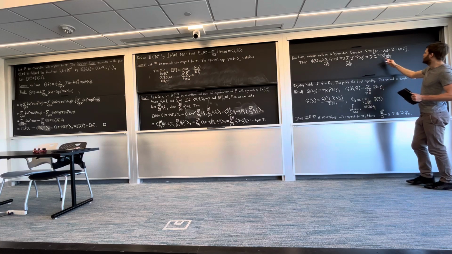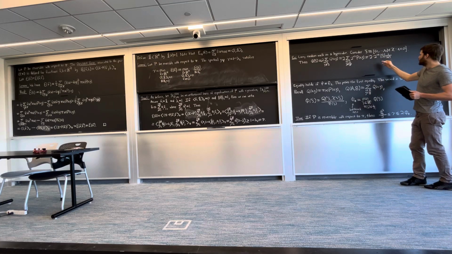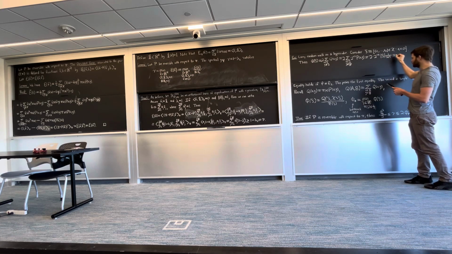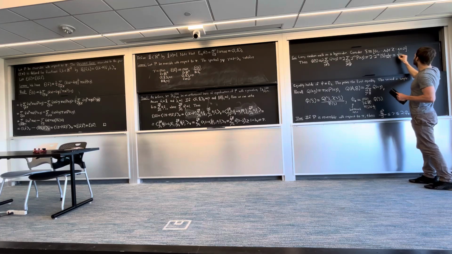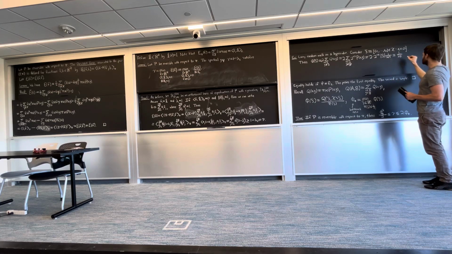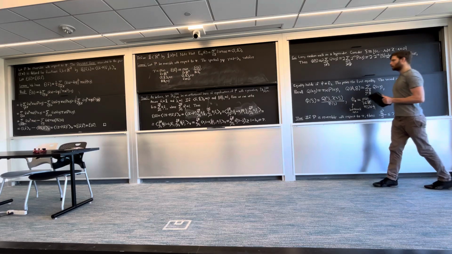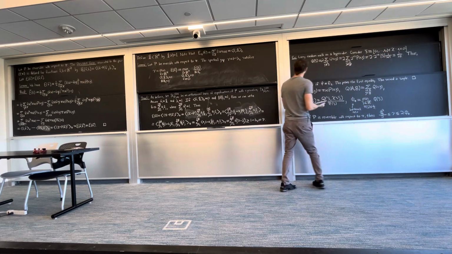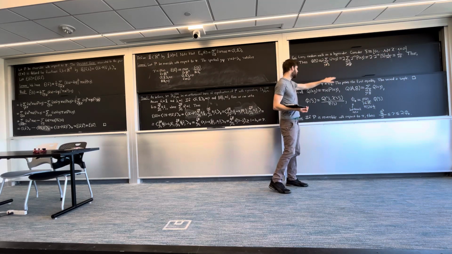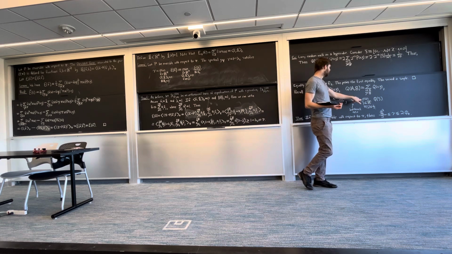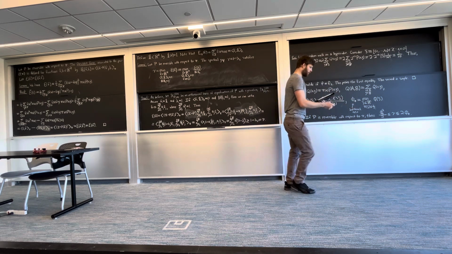Okay, and then this is 2 to the negative n minus 1, and this is 2 to the n minus 1, so this all cancels, and this is just 1 over 2n. Therefore, because phi of S is 1 over 2n, that means that phi star is at most 1 over 2n.